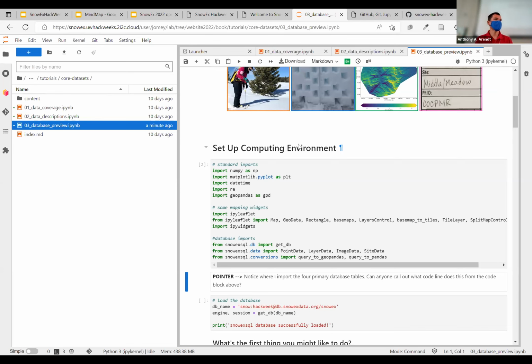I saw some hands somewhere. Jack: There's a bunch of different options for virtual machines when you're logging in. Is there any you would recommend? Should we not do the big one? Will that overload it? Because I remember last year we overloaded. So do you think you need the huge cores, or do you just go with the 4 core 60 gig RAM one? All right, so the question was, when you first log into the Jupyter Hub,